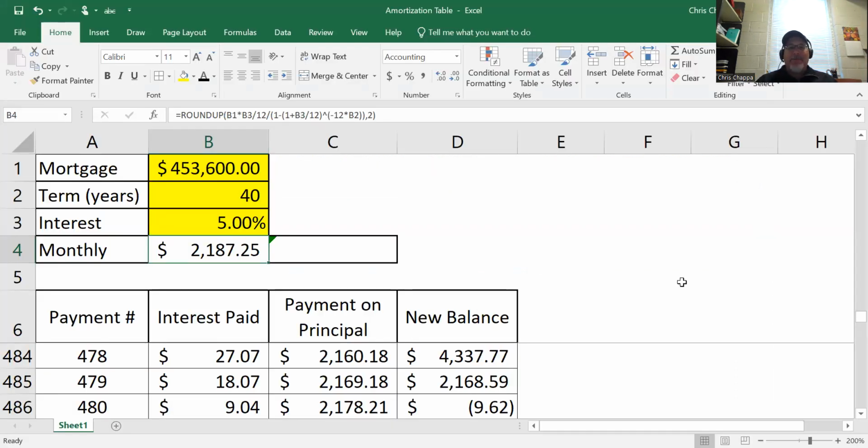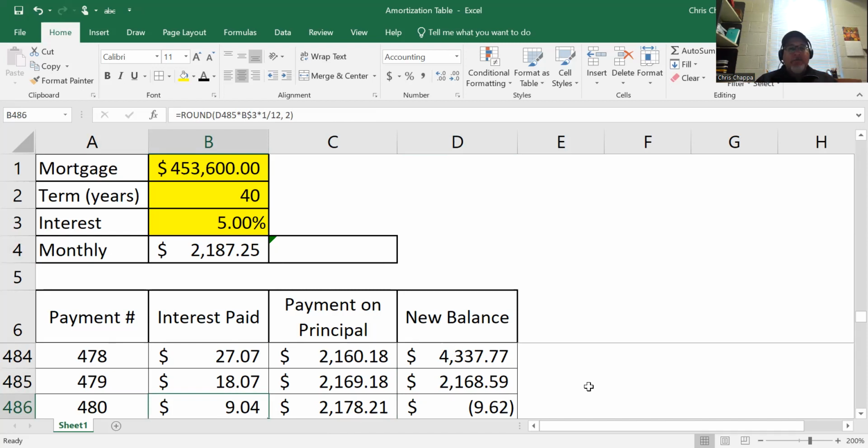Now, does 90 cents make a huge difference? Well, notice now when I changed it to the actual mortgage payment, and again, I don't know why the website gave a slightly lower value, but notice now in the last month, when I make my payment, I actually pay too much. So what happens on an amortization schedule is they adjust the last payment to zero out the balance. So the last payment here would actually be the new balance plus the interest, which is $9.62 less than my